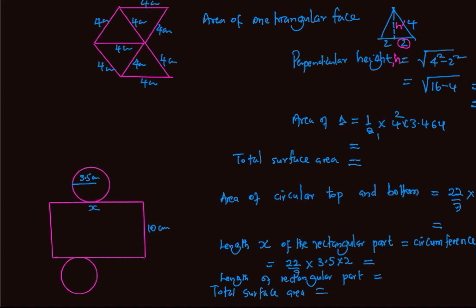This is the square root of 12, which is 3.464. So with the perpendicular height, we can now get the area of one triangular face, which is a half times base, and the base is 4, times height, which is 3.464, and that gives us